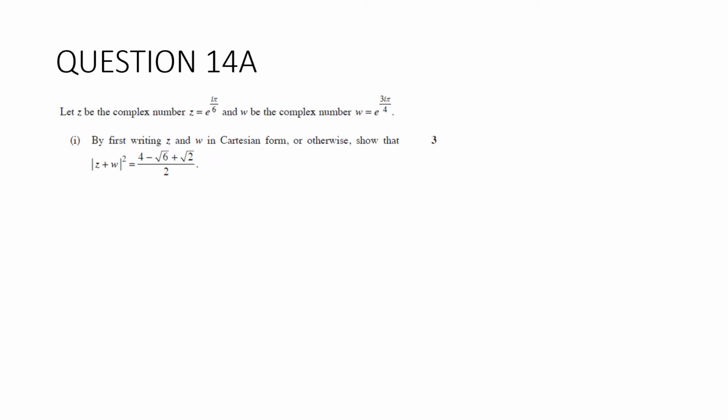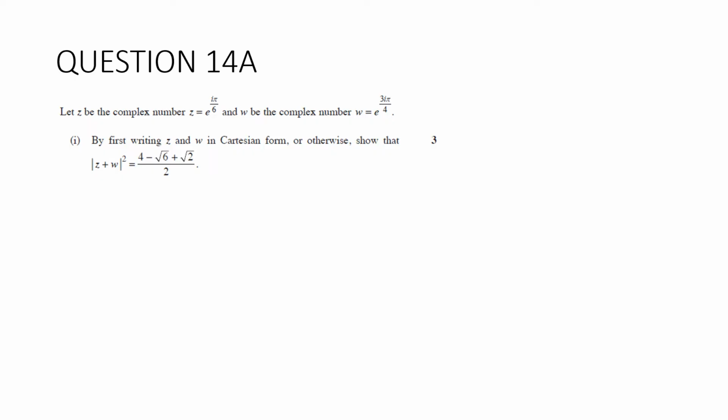Question 14a, let z be the complex number e to the i pi on 6 and w be the complex number e to the 3i pi on 4. Part 1, by first writing z and w in Cartesian form or otherwise show that the modulus of z plus w all squared is equal to 4 minus root 6 plus root 2 all over 2. Okay,